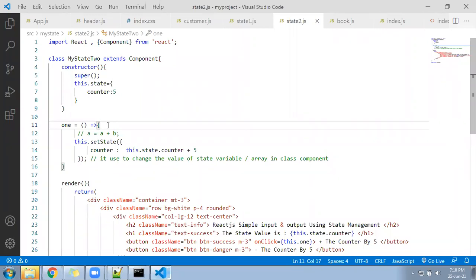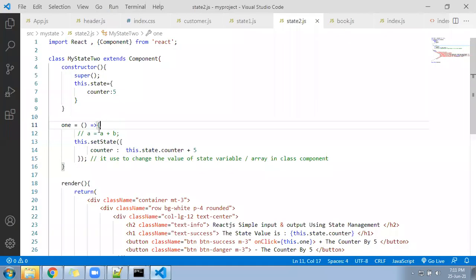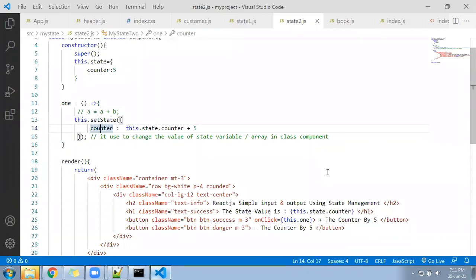Right? Save your file. After saving, let me come to the browser and show you. See, I click here, it is getting increased. Just click on this function. The function will be called, and it will increase the value of your counter. And after that, why inside the browser it is getting replaced, that I'll tell you.